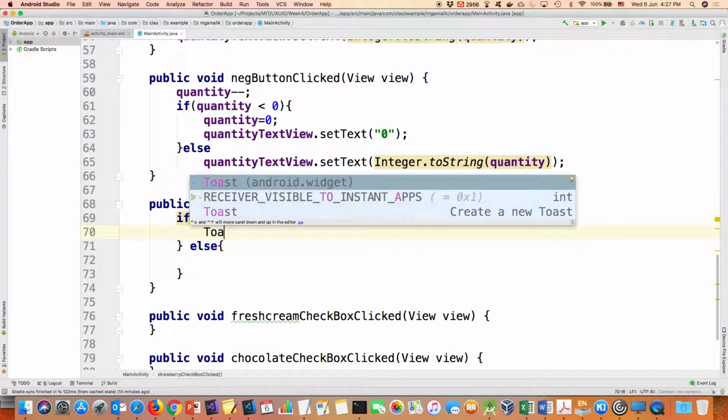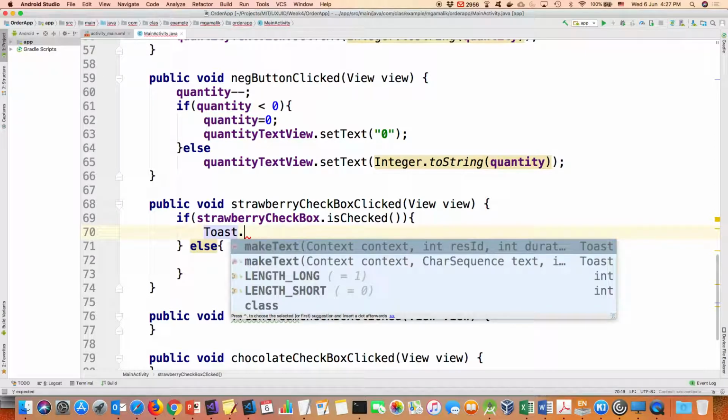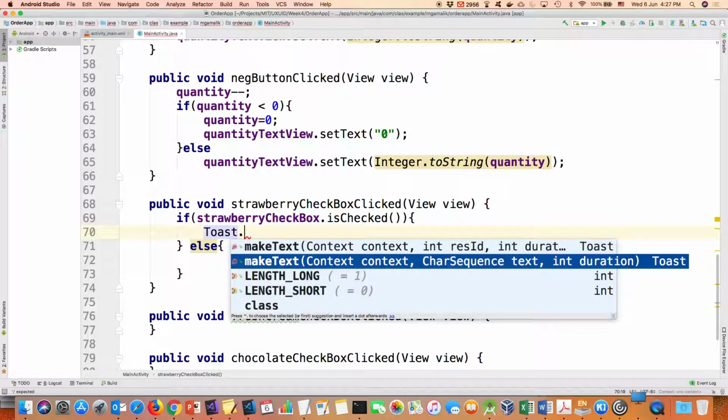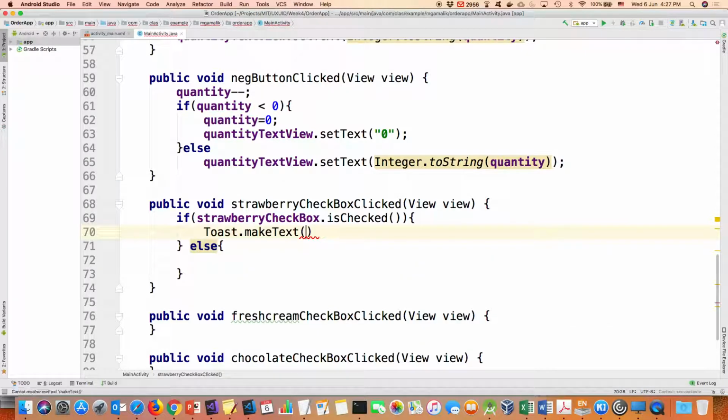Toast dot make text, we need to give the context. Normally this context is always this, and then we have this character sequence and int duration. So we can give the text. What is the text we can provide here? Like, this is a strawberry checkbox. If it is checked, it means that you have selected